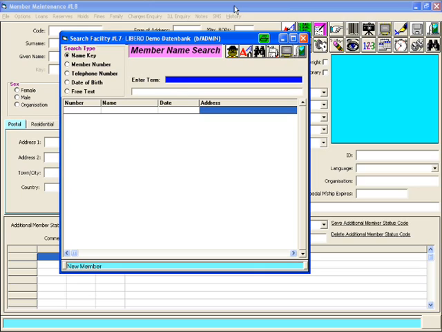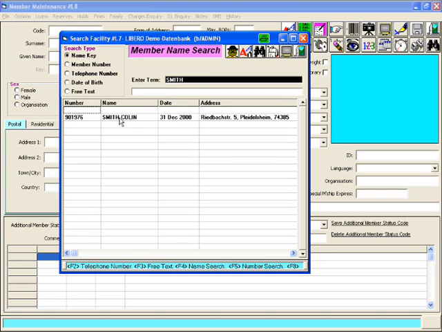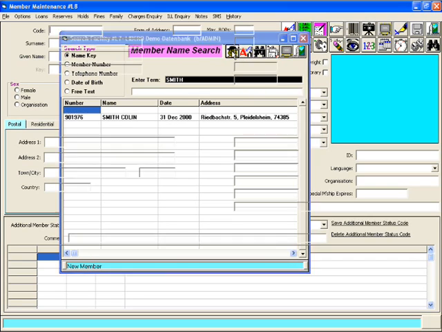Before we can issue a book, we have to have a member record to which we can issue something. Each member who wants to borrow something from the library must have a member record within LIBERO. To create such a member record, the member search screen pops up to make sure that you check that you do not create a duplicate record. Let's suppose our new member is called Harry Smith. I do a search for Smith and see there is no Harry Smith,